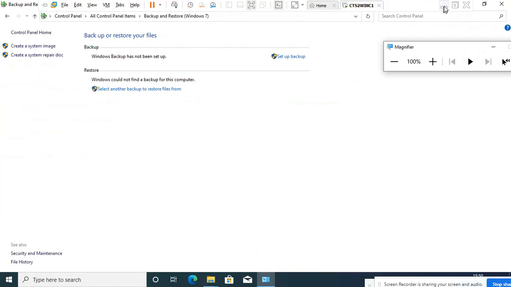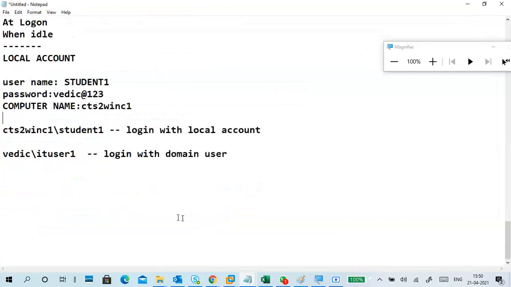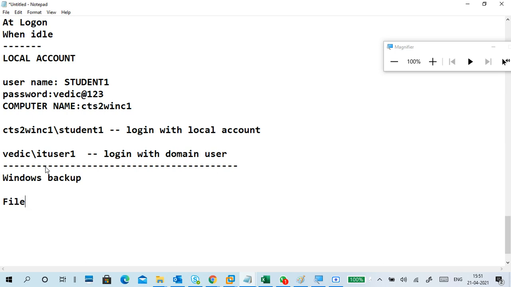So these three things are there. In Windows, the normal data backup is one, and File History is a direct tool.